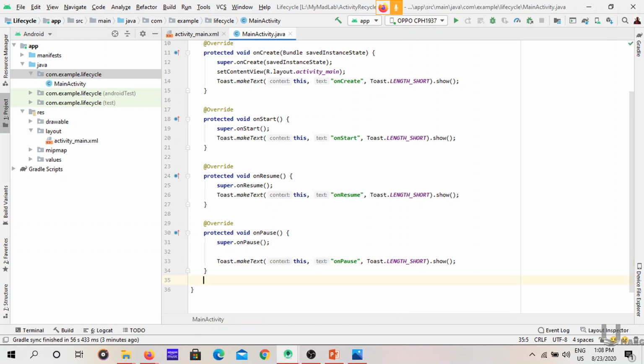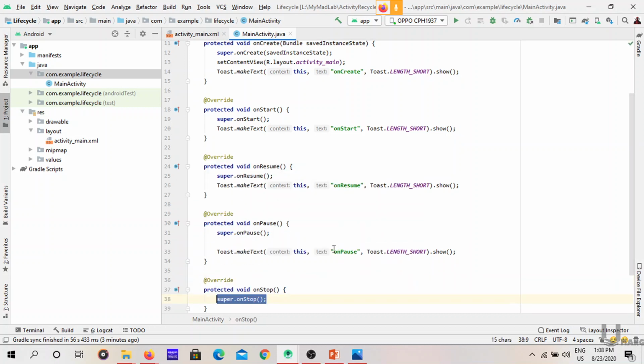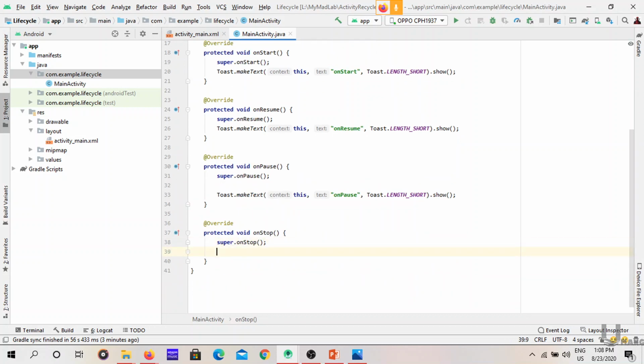Next, the onStop method, give a toast. And now create the onRestart method.